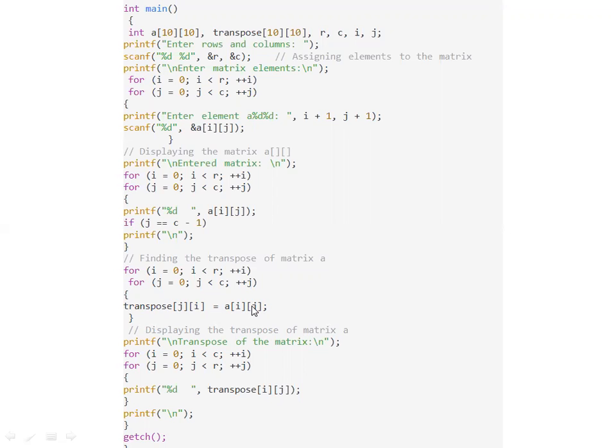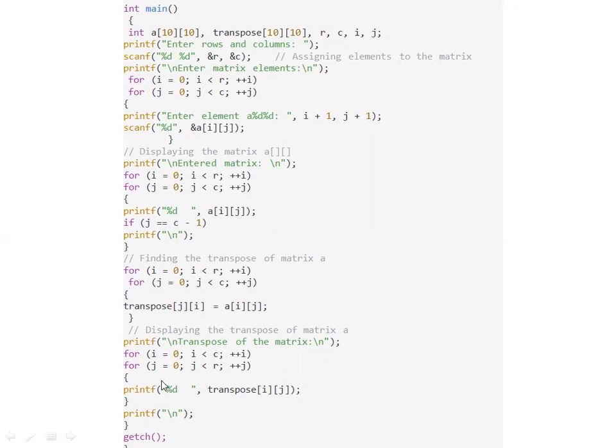This will find the transpose of a matrix. In the transpose of a matrix, we are not doing any calculation, but we are just shifting the elements from rows to columns and columns to rows. And by changing the indices to ji, instead of ij, in the transposed matrix, the work will be over, the thing will be done nicely. Now we want to print the transposed matrix. So we are just adding a print statement, transpose of matrix.